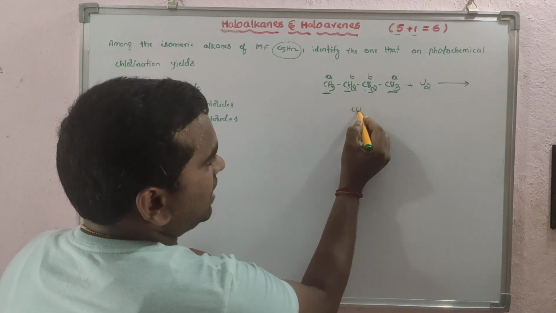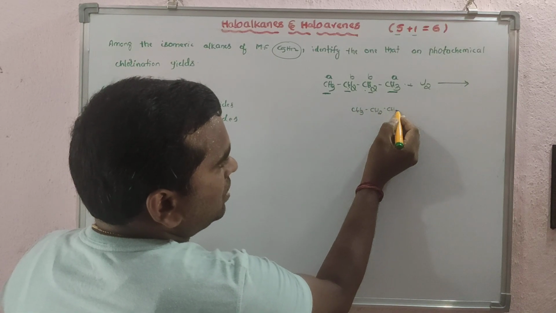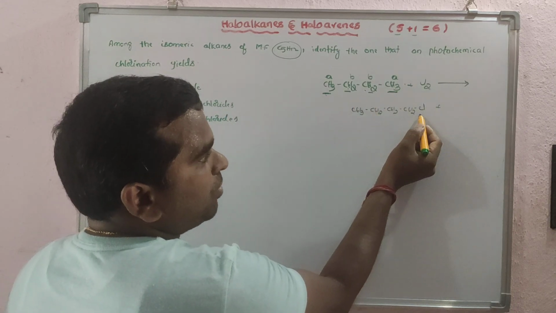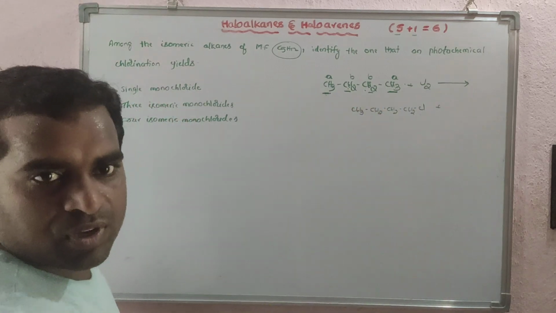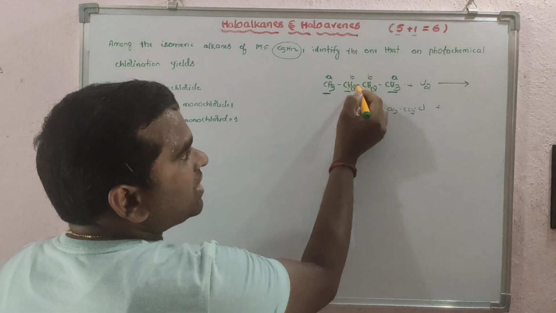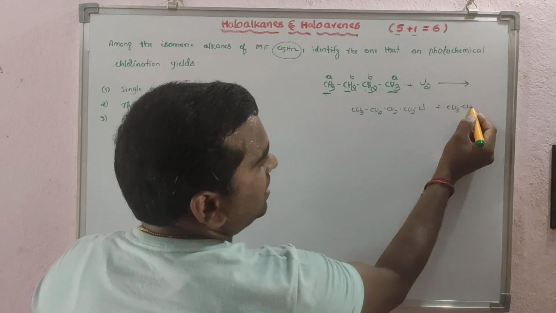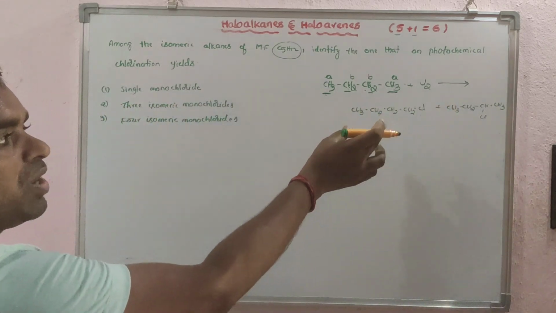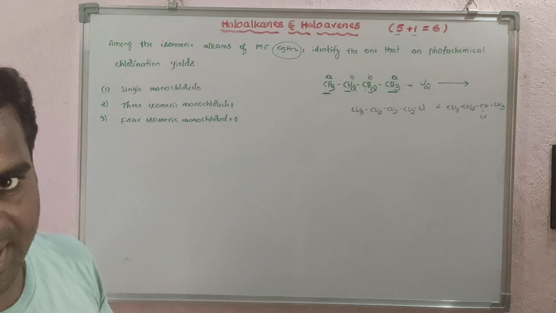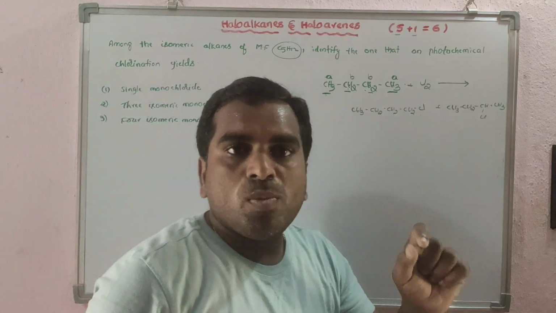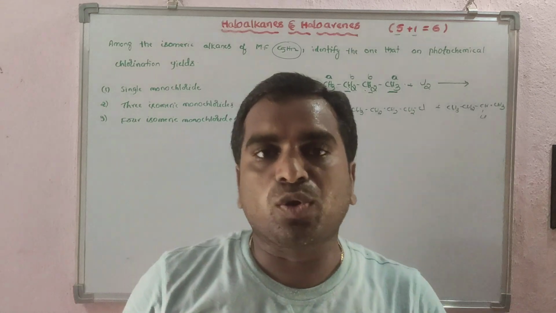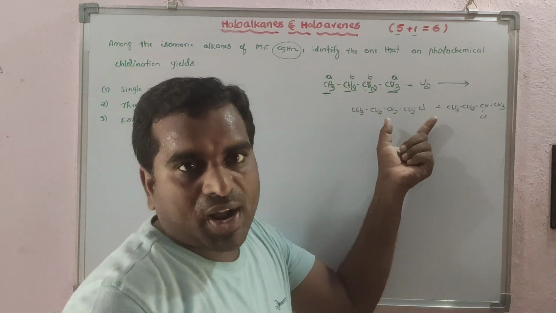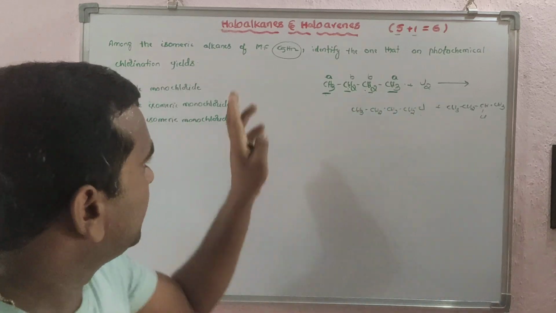One is CH3, CH2, CH2Cl, because if you remove a hydrogen here or here, you get the same compound, since both hydrogens are the same type. And the second, from the other type of hydrogens, is CH3, CHCl and CH3. So you will get two monochlorination products, two monochlorides. So the number of types of hydrogen atoms present in the compound is the number of monochloride compounds you will get.